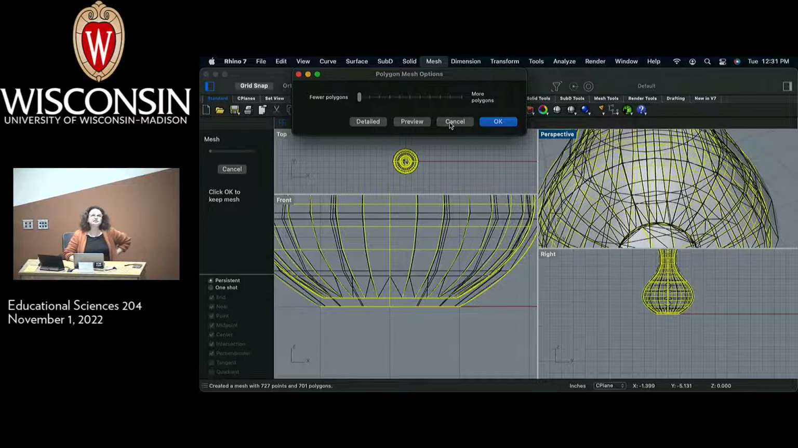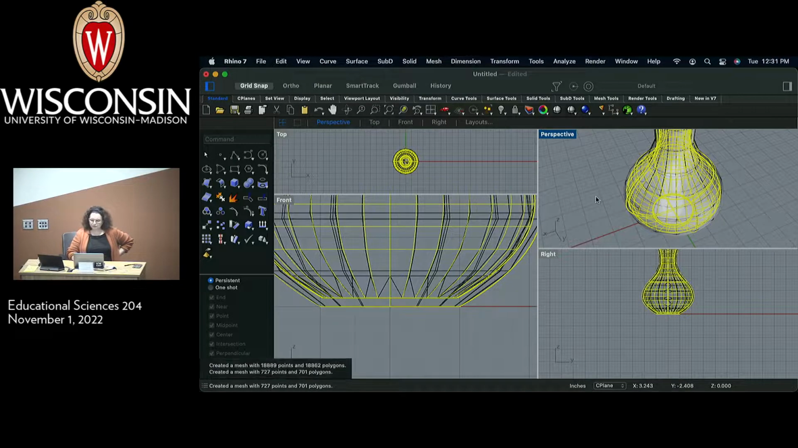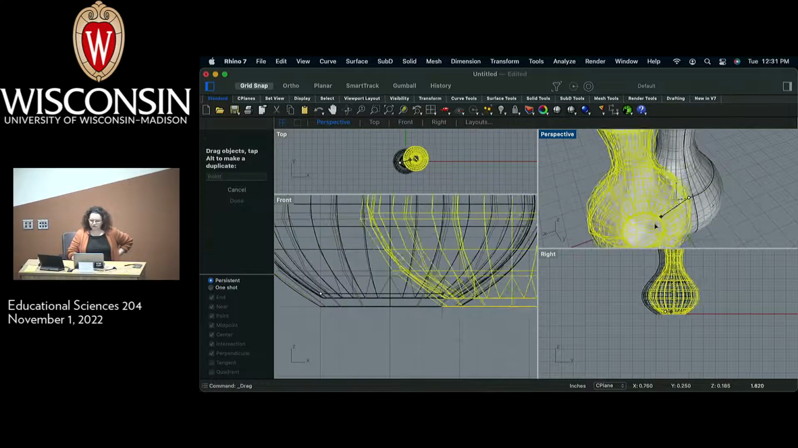To close it, that was under the Solid menu, is Cap Planar Holes. And so here you can see we have it set to have very few polygons, which is kind of okay, but you can sort of see what happens here. If I just pull the mesh out,